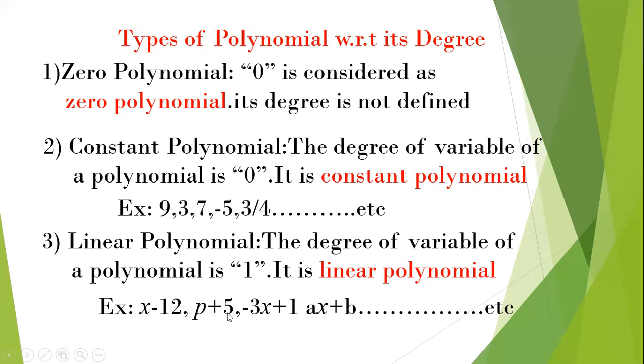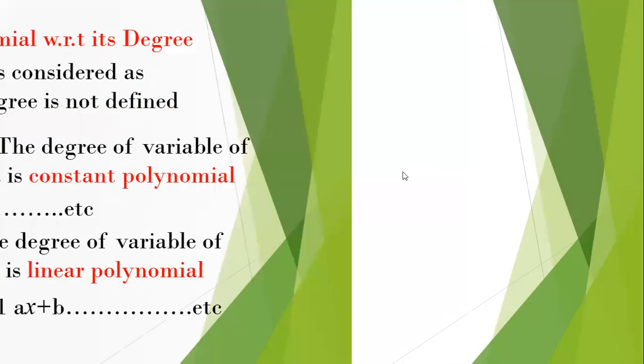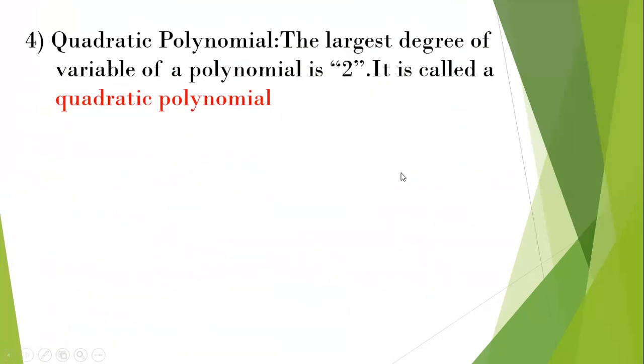Next, coming into p plus 5. P is one variable and its degree is also 1. Coming into minus 3x plus 1. Here we have the variable is x. The degree of this variable is 1. Hence, it is also a linear polynomial. So a linear polynomial can be written, that is, general form of the linear polynomial is ax plus b. Okay, ax plus b. Next, I will give another polynomial with respect to its degree, and which is quadratic